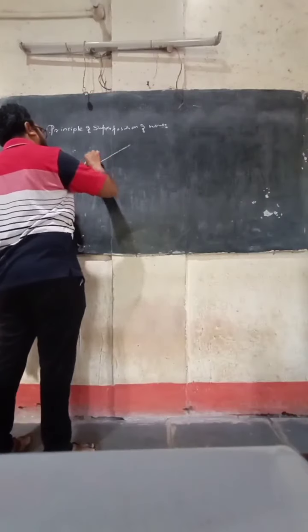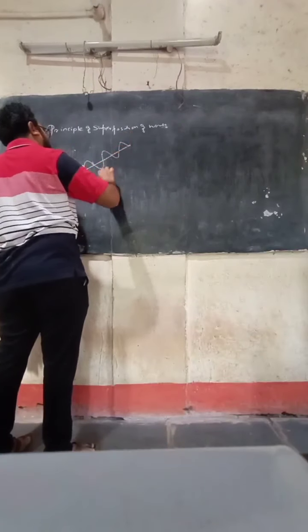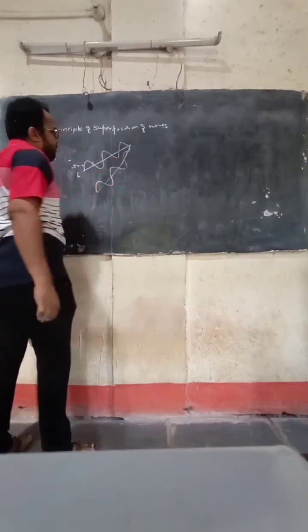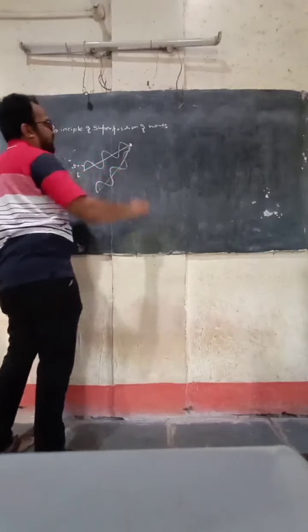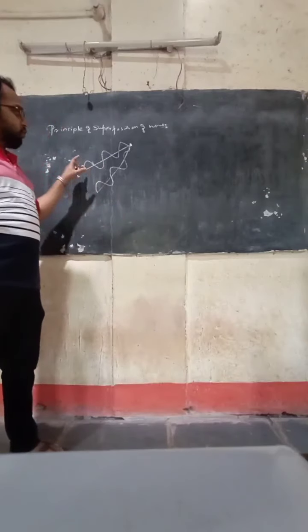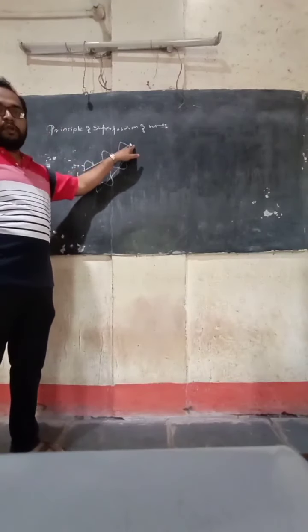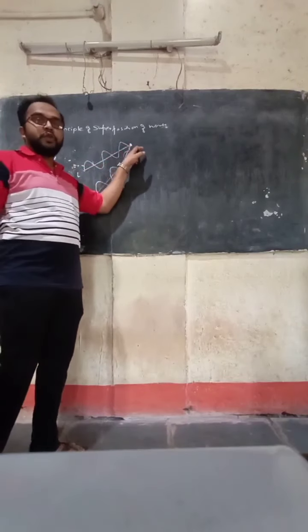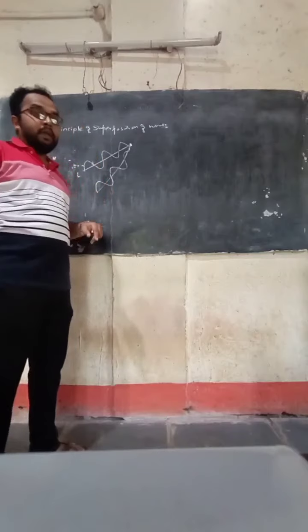Let's see, when two waves arrive at a point simultaneously, this is wave 1, this is the second wave. When these two waves arrive at a single point simultaneously, then the resultant amplitude of the wave is the vector sum